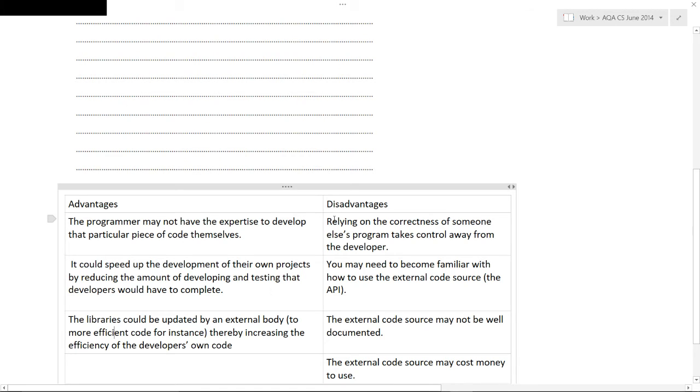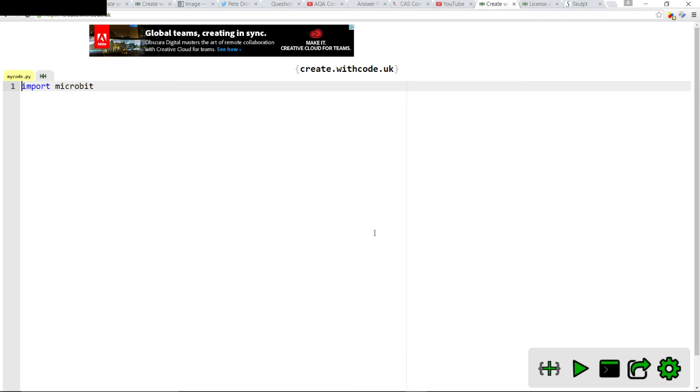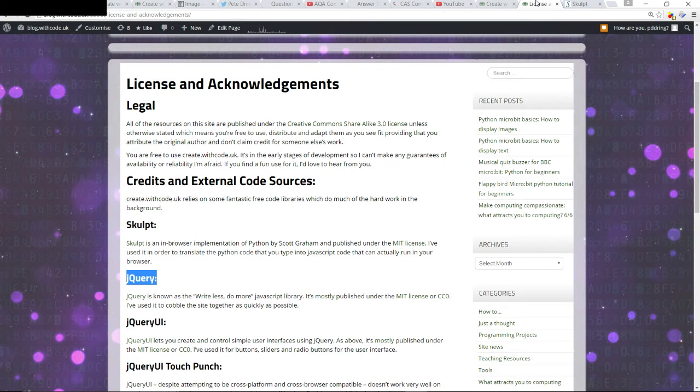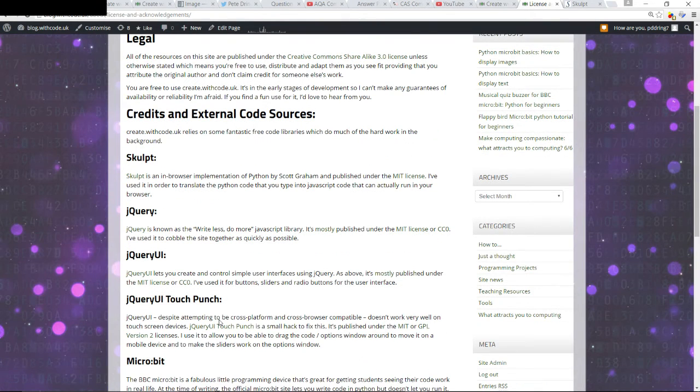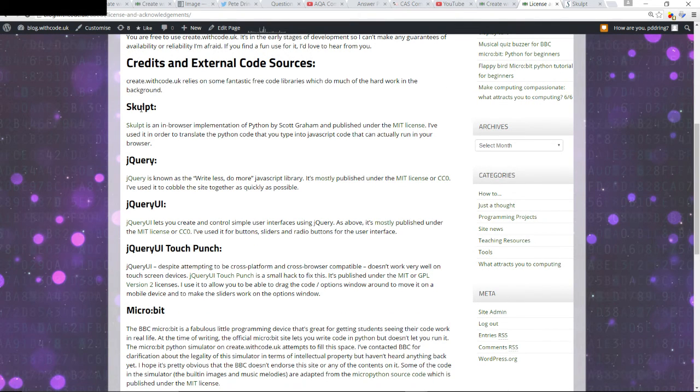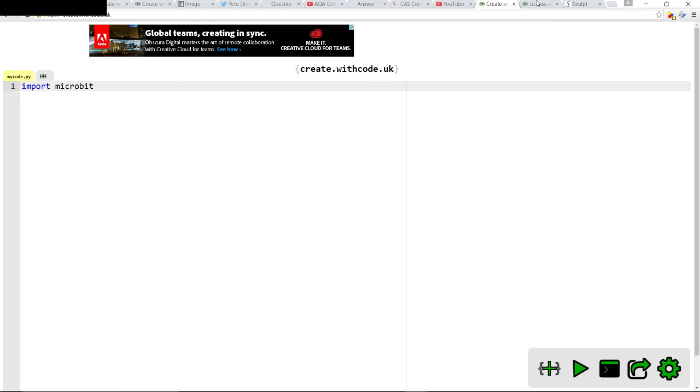But you can certainly share the load if you use an external code source. So disadvantages then, well, you're relying on the correctness of someone else's code, which can be a really bad thing potentially. If someone makes a mistake with one of the libraries that I've used in here, if someone deliberately hacks one of these libraries, which is unlikely, but they could, then that hack would be included in my website and also thousands of other websites,